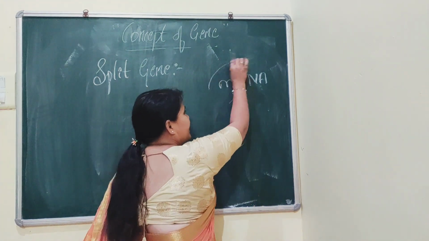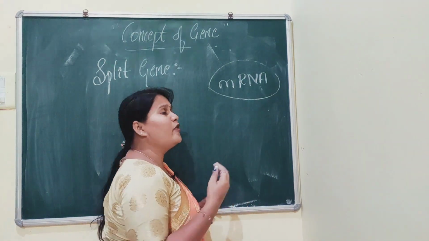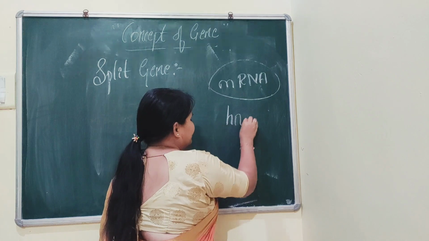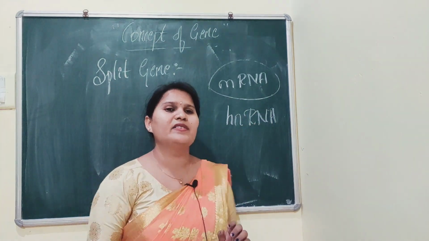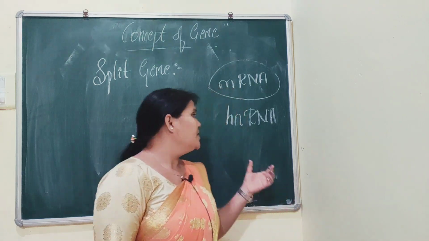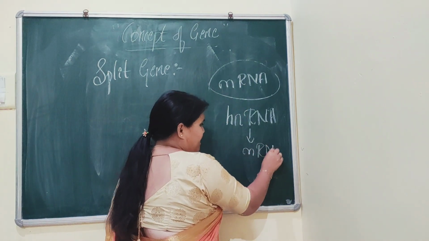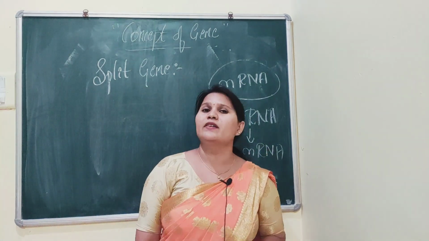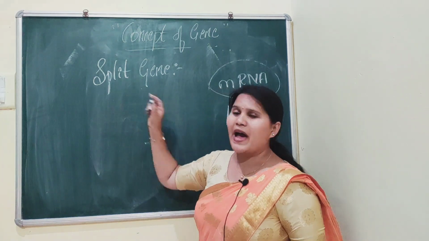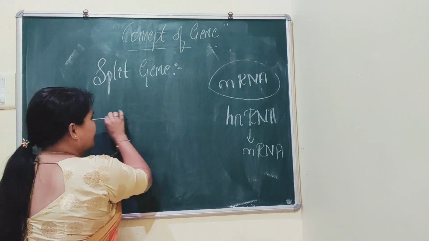So in order to get this complete mRNA, a particular stage or form of RNA, that is called hnRNA, will be there. It is just like a transition stage. Clear? So this hnRNA will give us the complete mRNA. Well, this hnRNA is the best example for having the split gene sequences. See, have a look over here.